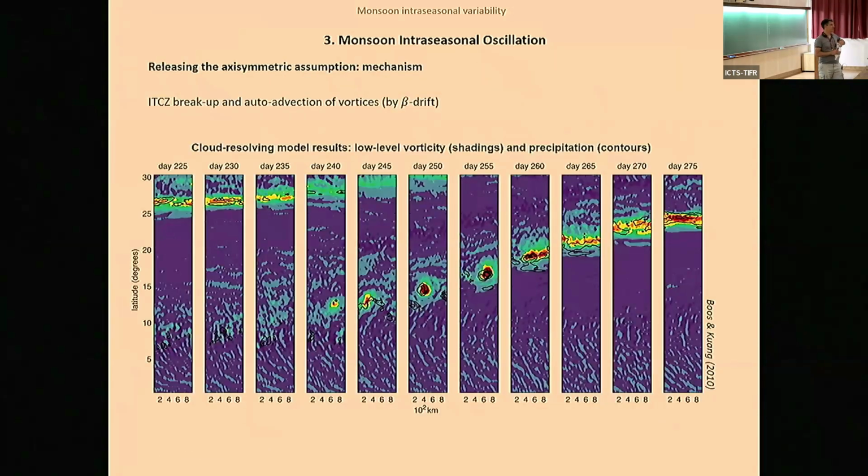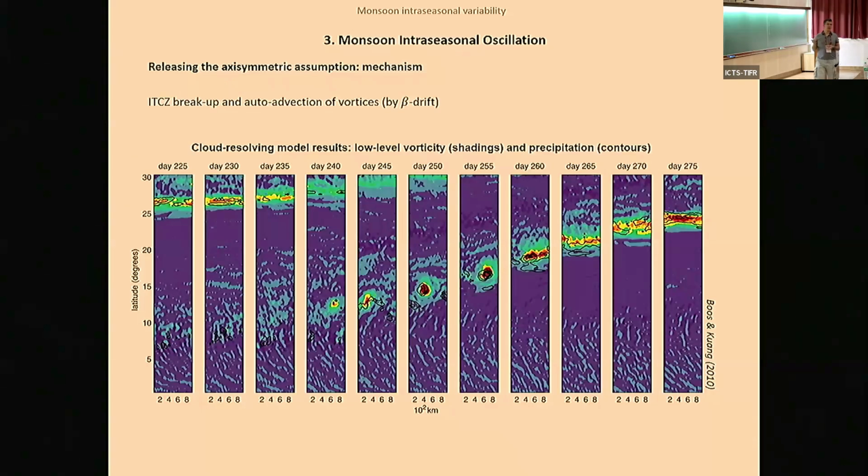Bill, who just gave a very nice lecture, also proposed a mechanism where the axisymmetric framework is abandoned to look at what could happen in terms of eddies. And that's using a rescaled cloud resolving model. What they found in that model is that the ITCZ could break up into a large mesoscale or small synoptic scale eddy that could propagate northward